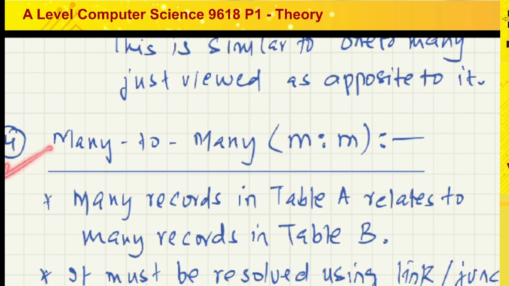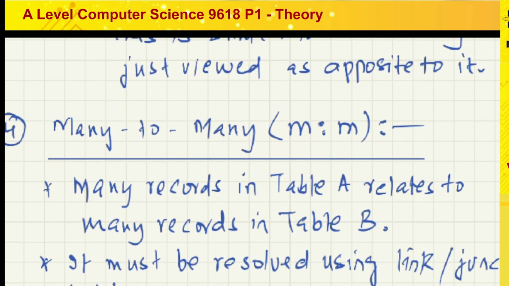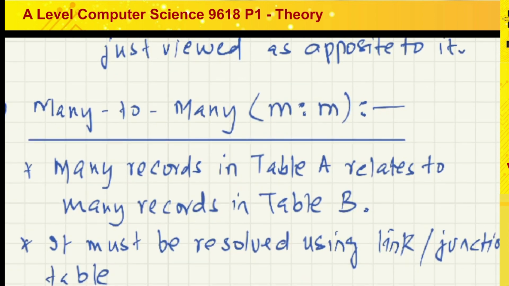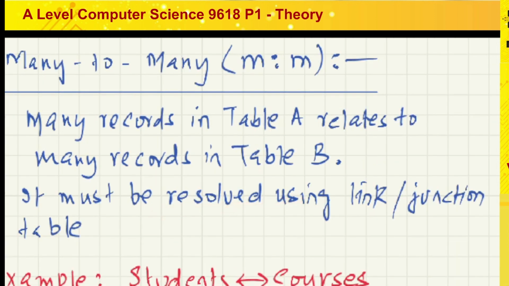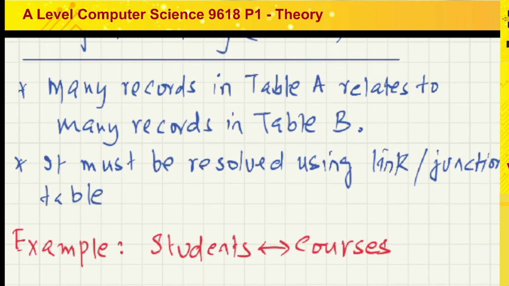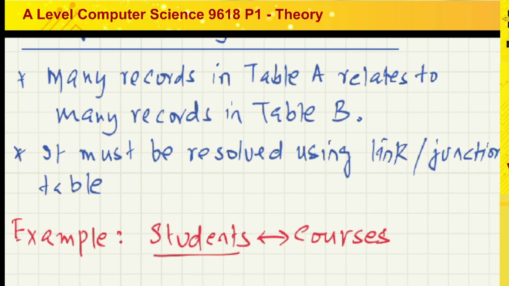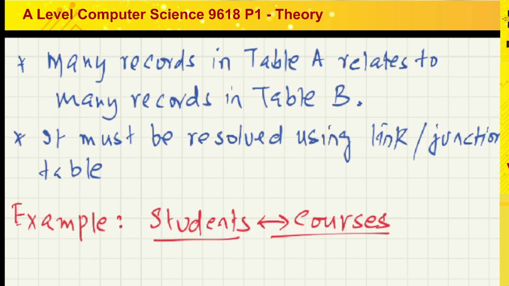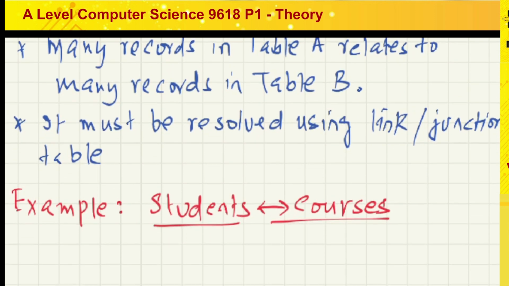The last one is many-to-many, written as MM or many-to-many. This is the difficult one. This is the problematic one. In this kind of relationship, many records in table A relate to many records in table B. So there is a problem in it, and this must be resolved. It must be resolved using a link or a junction table. All right. The example is student and courses. All right, so we can say that it's not very ideal